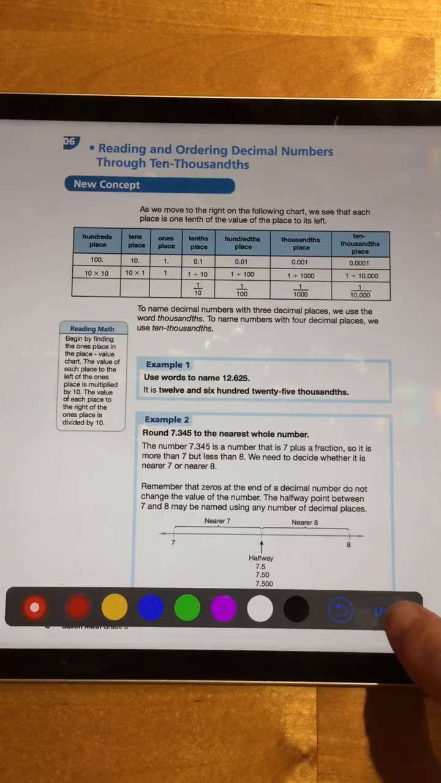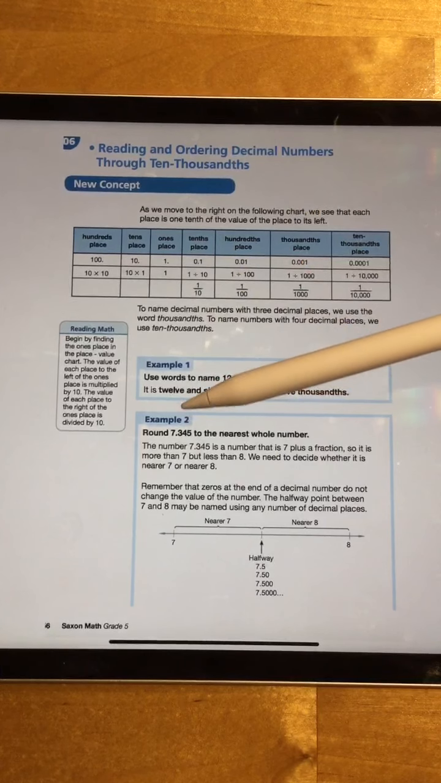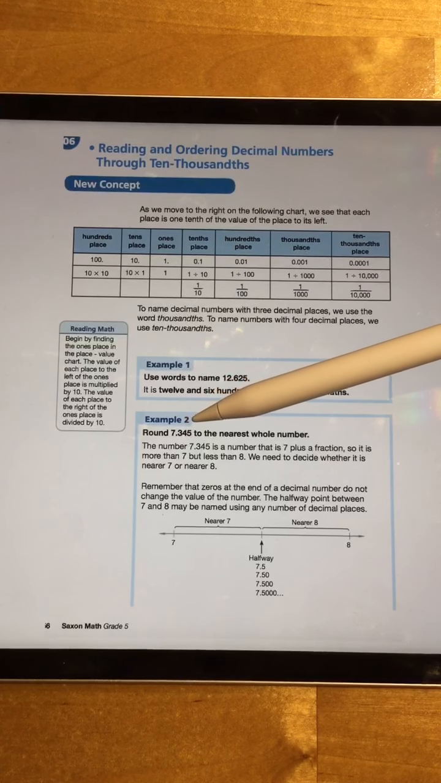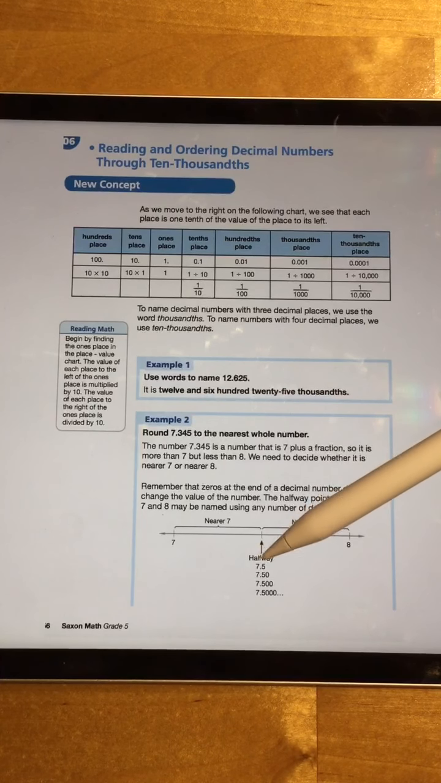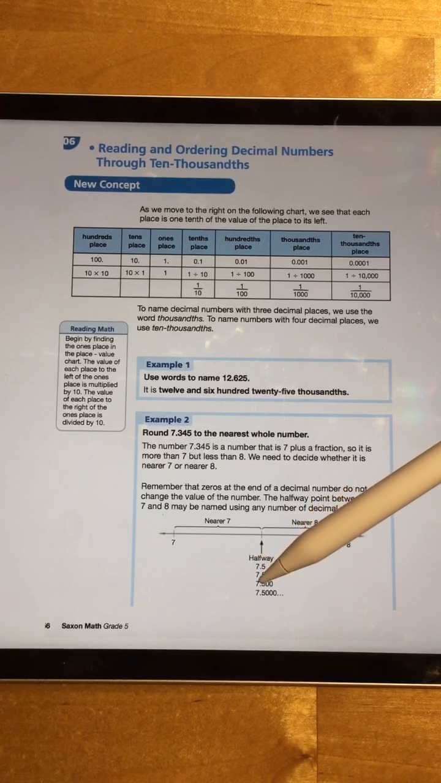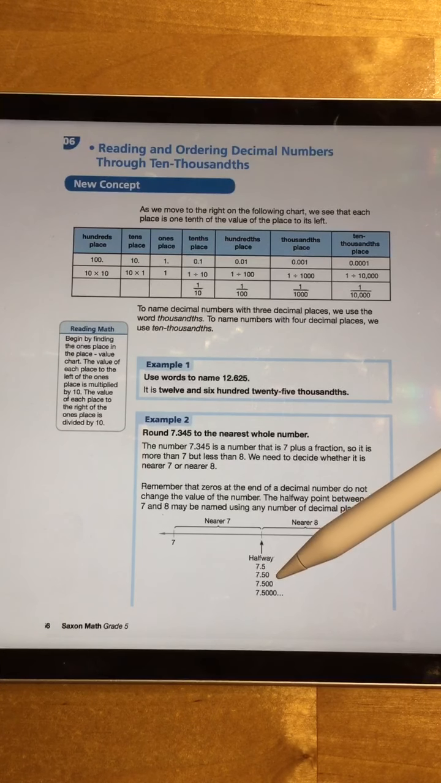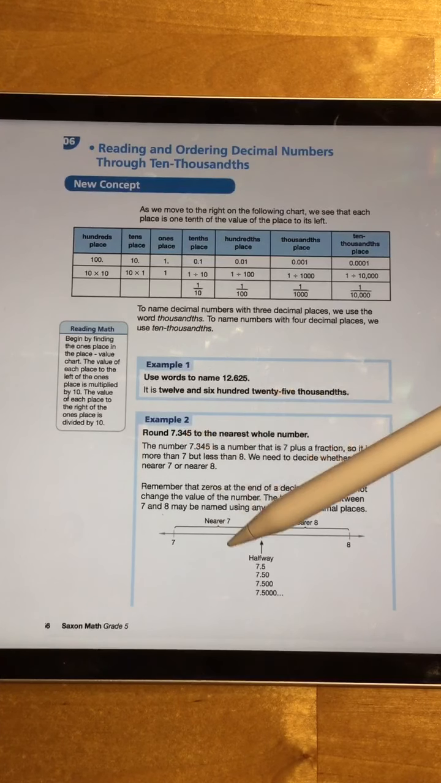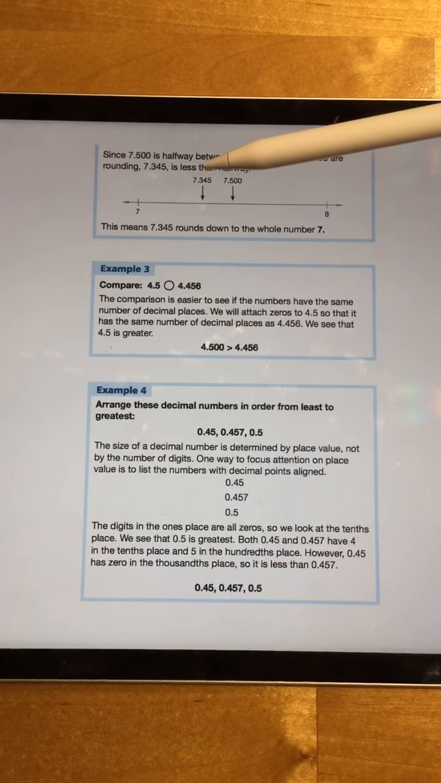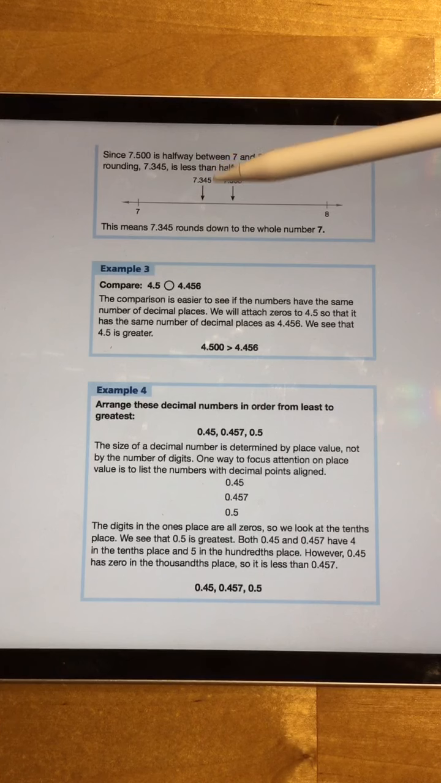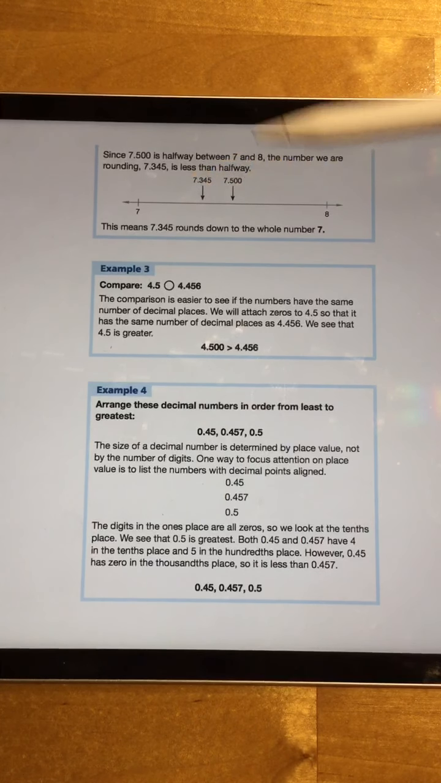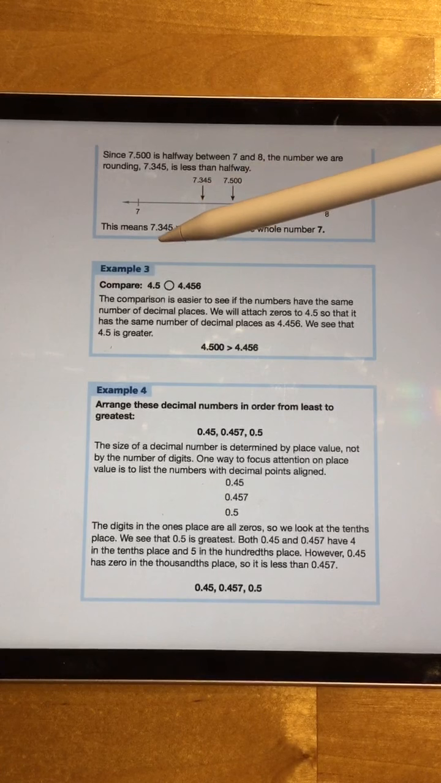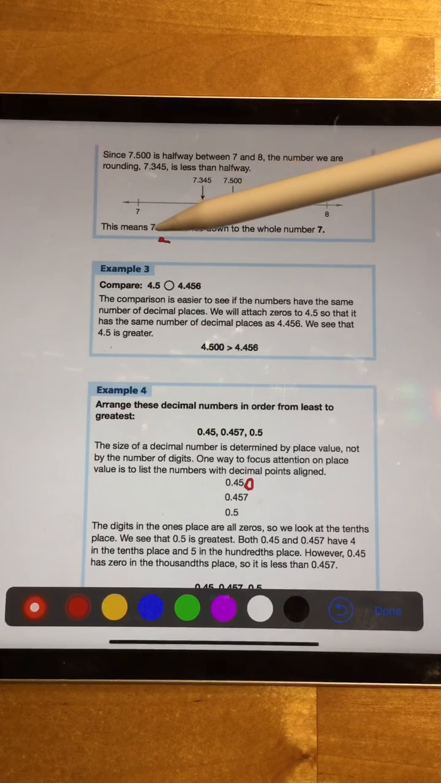All right. Next, we're going to round. We have 7 and 345 thousandths. We're going to round this to the nearest whole number. So as you can see, 7 and 5/10ths, or 7 and 500 thousandths, is halfway. 7.3 would put us closer to 7. So 7 and 345 thousandths is closer to 7, so we would round it to 7. Just use the number right next to the whole number when you are rounding to the nearest whole number, and